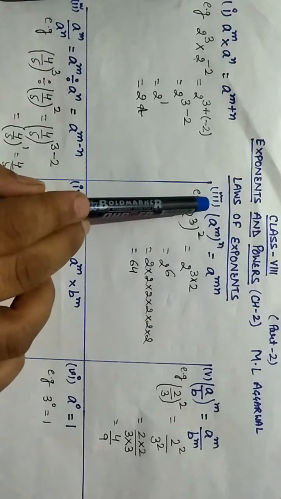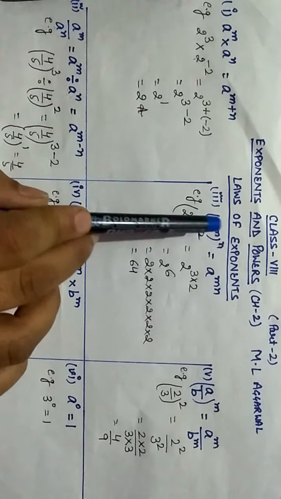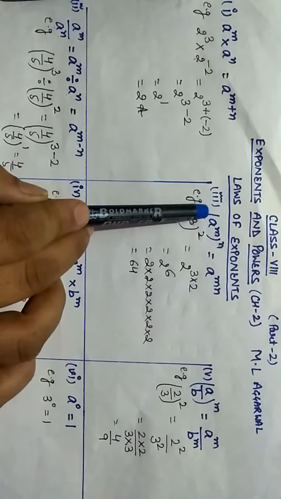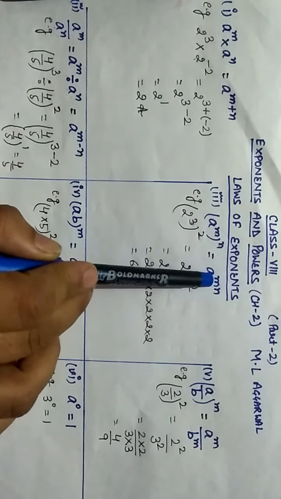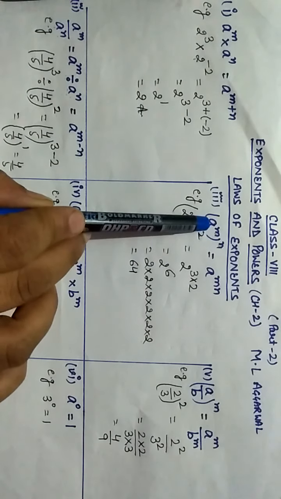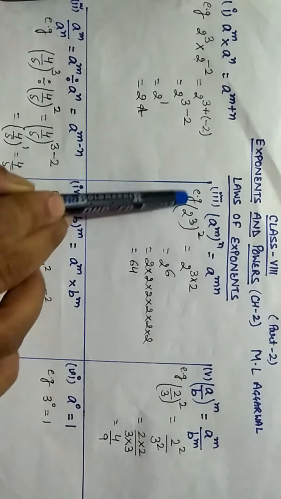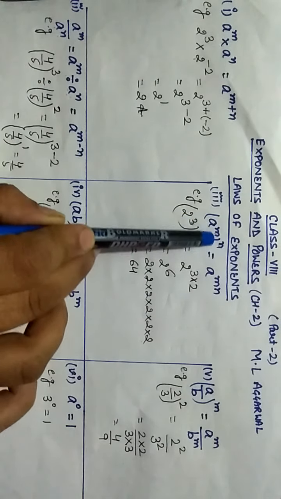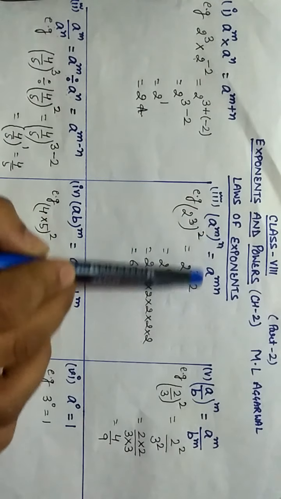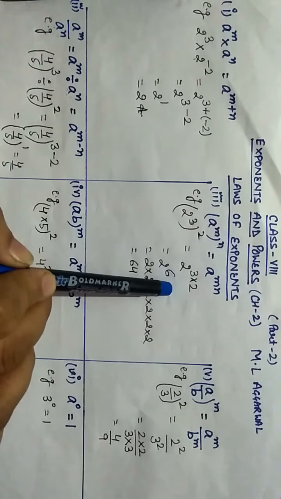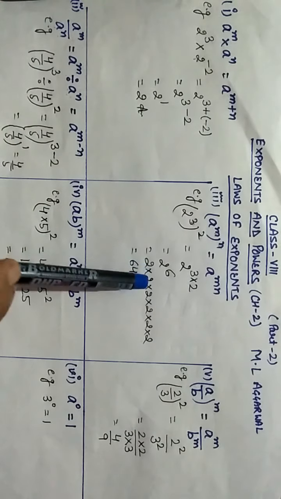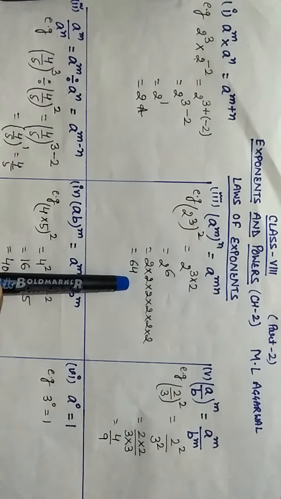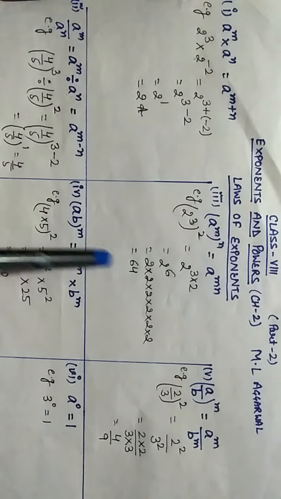Now the third law. The third law is a raised to power m, raised to power n, meaning power to power. In this law, power to power is multiplied. Just like this, we understand by the example, 2 raised to power 3, raised to power 3. Here you will multiply power to power, meaning 3 twos are 6, 2 raised to power 6. We can open it as 2 into 2 into 2 into 2 into 2 into 2, and 64 is the answer. Just like this you will do.